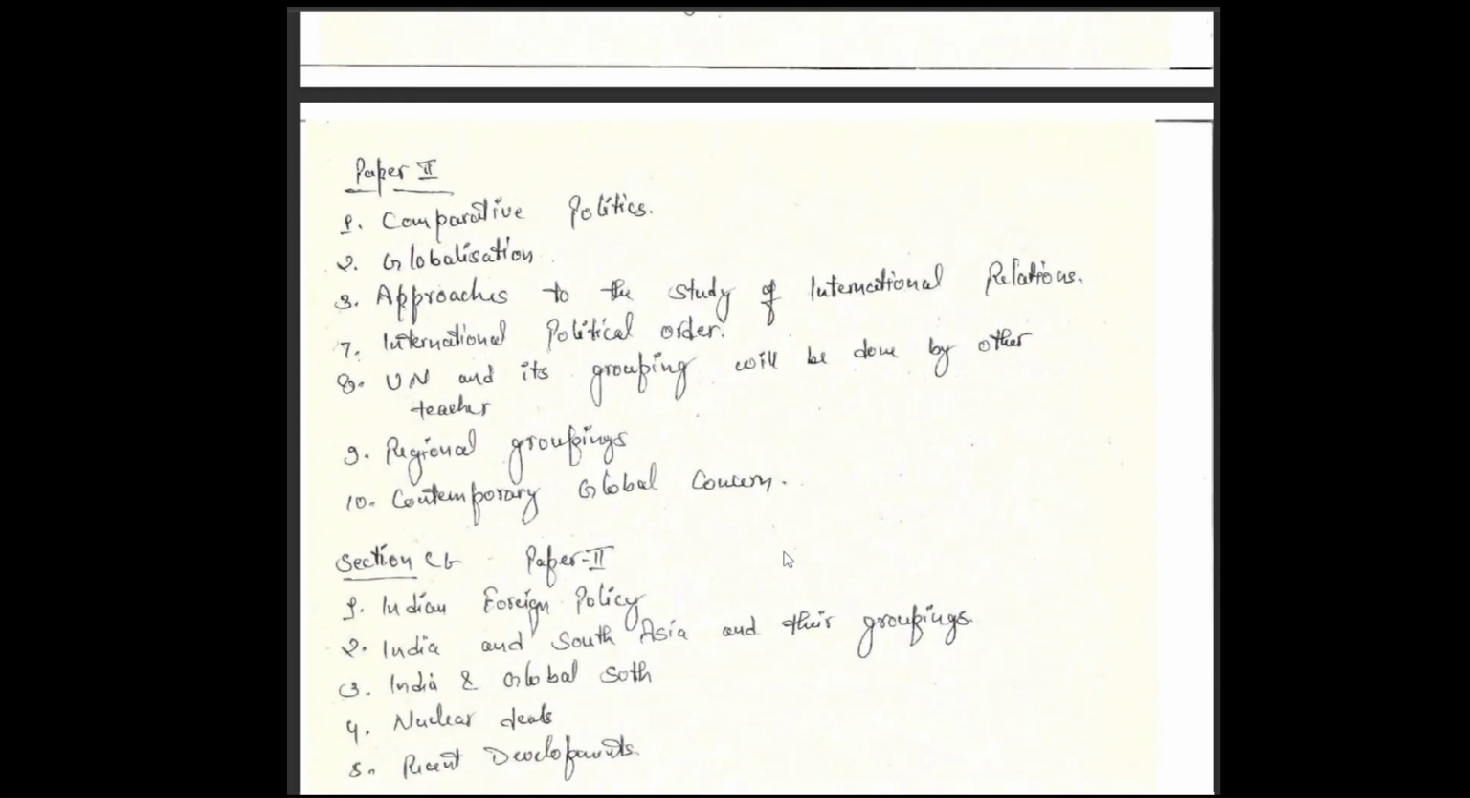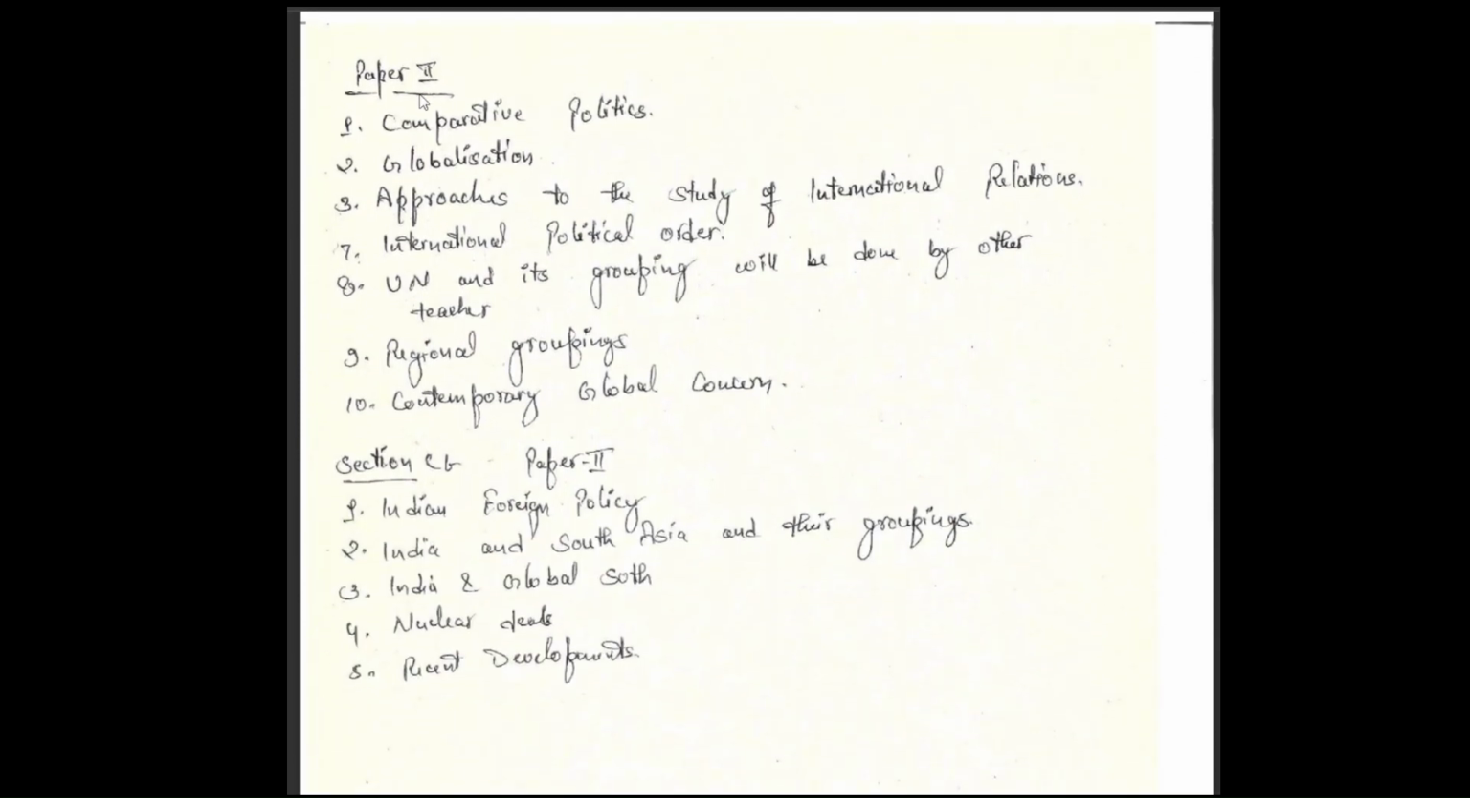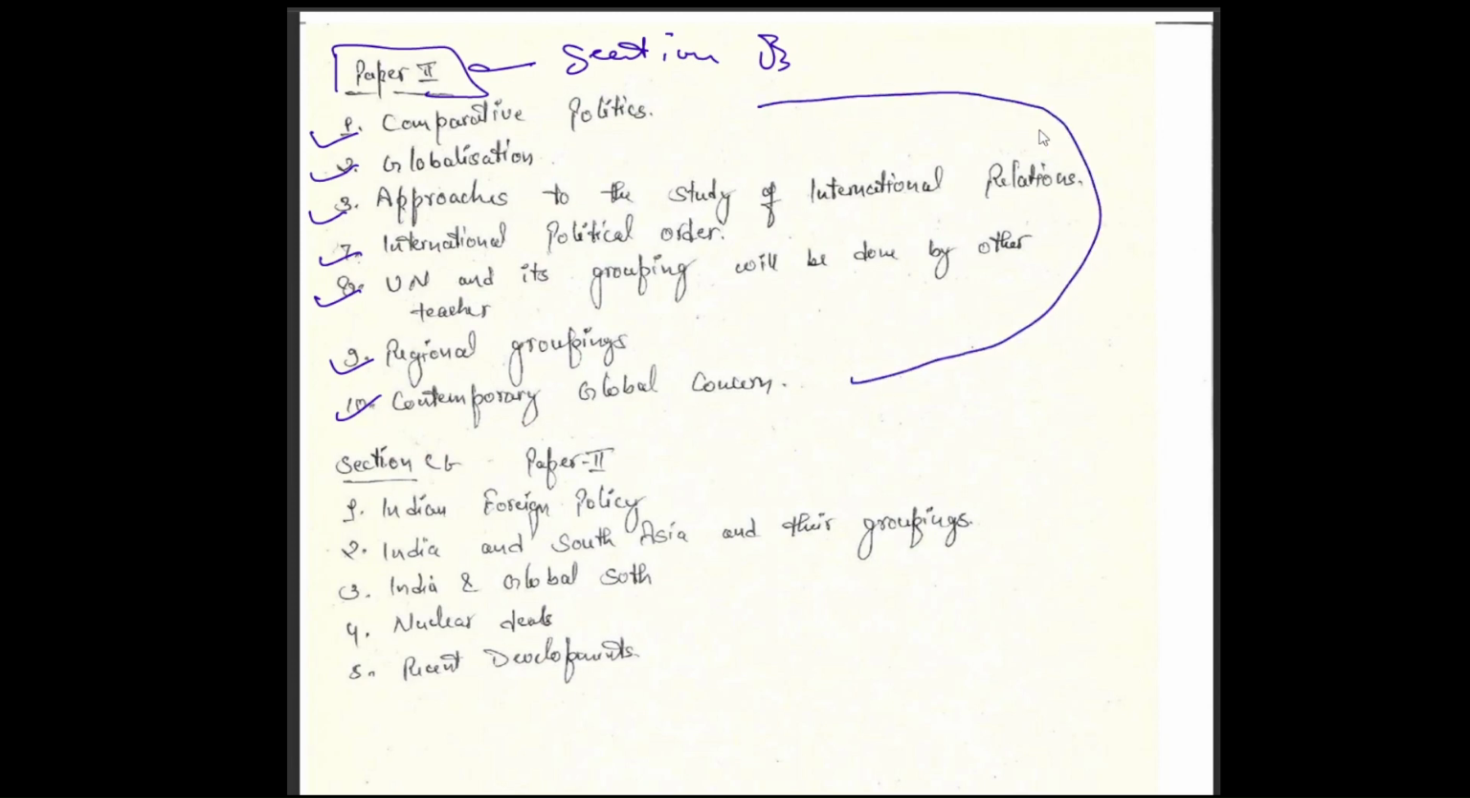In paper two, which is the section B part of Shubhra Ranjan ma'am's course, you are going to see that they teach you about comparative politics, globalization, approaches, international political order, the UN and its groupings, regional groupings, and contemporary global concerns. This whole section will be taught by Shubhra Ranjan ma'am,